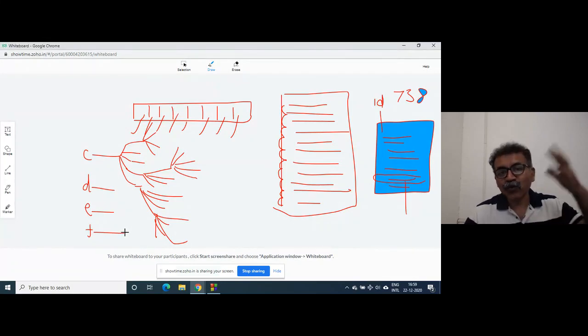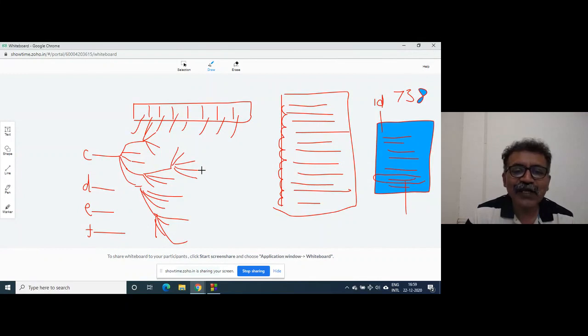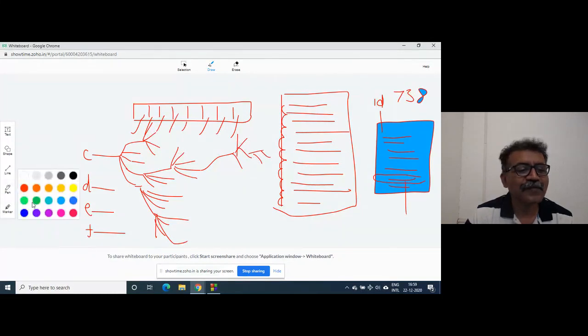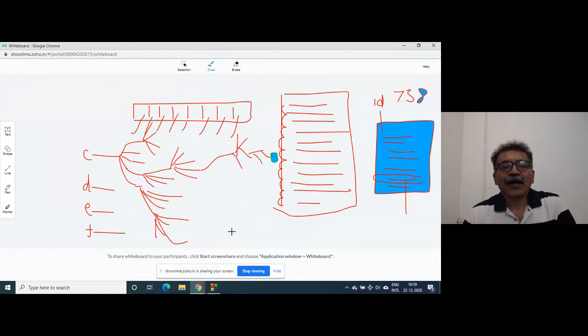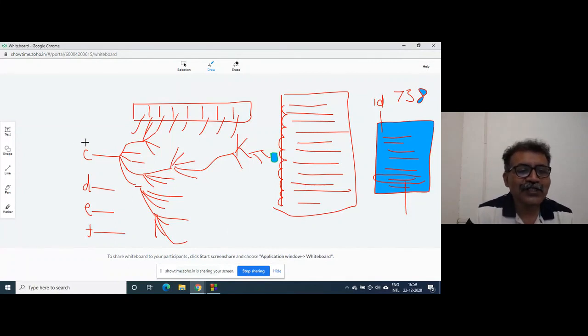So just imagine what it would be if a particular file is stored at this location. Suppose your file is here, and you put the search at My Computer.